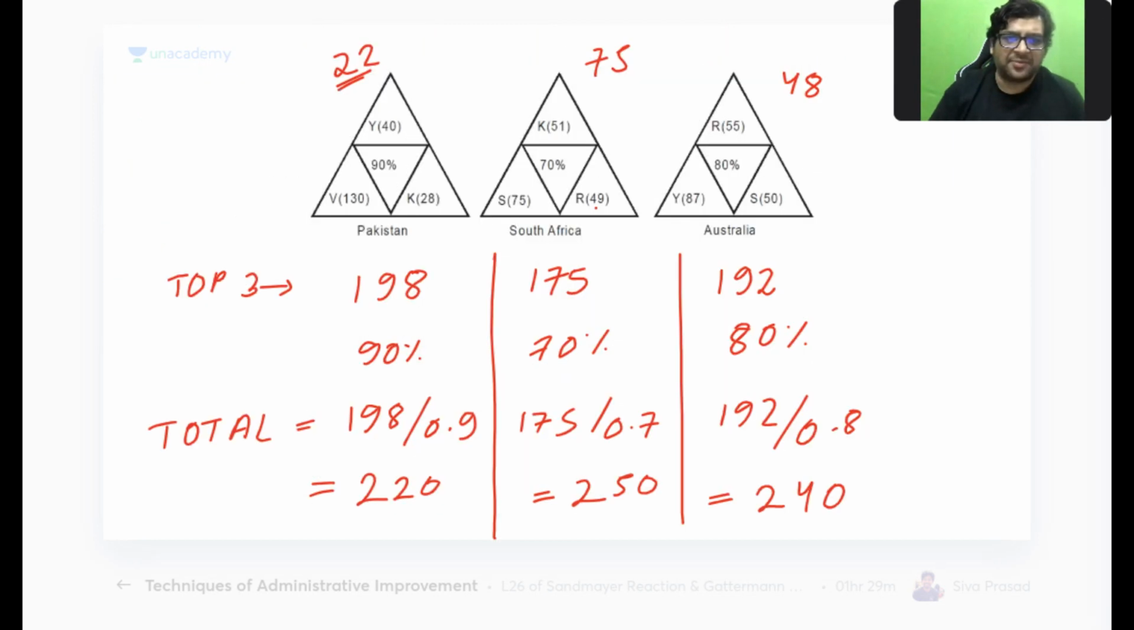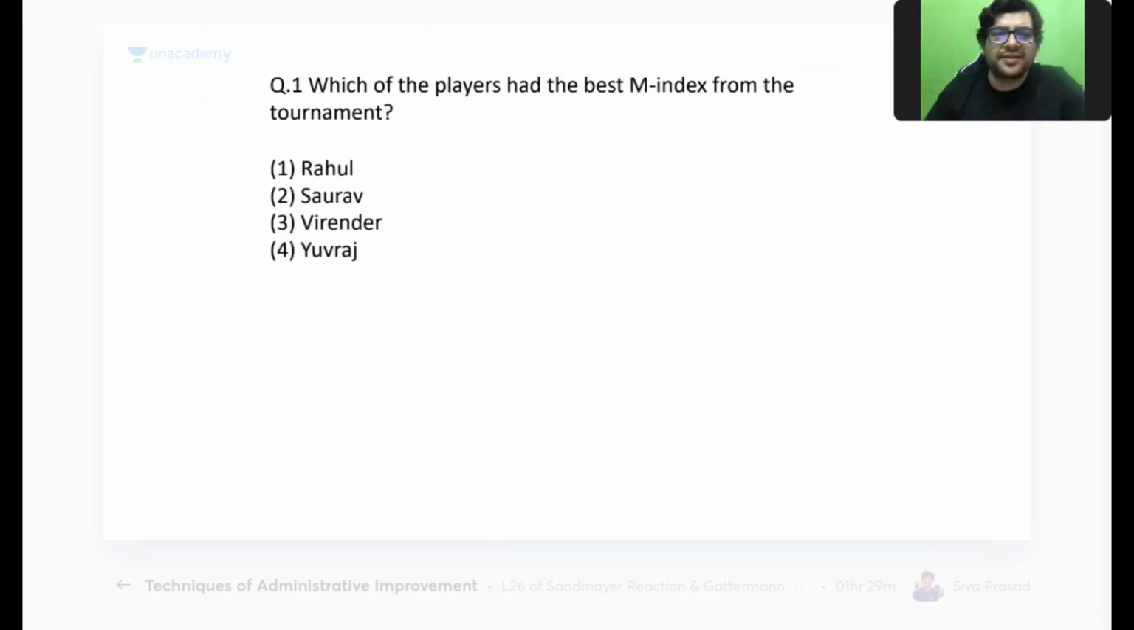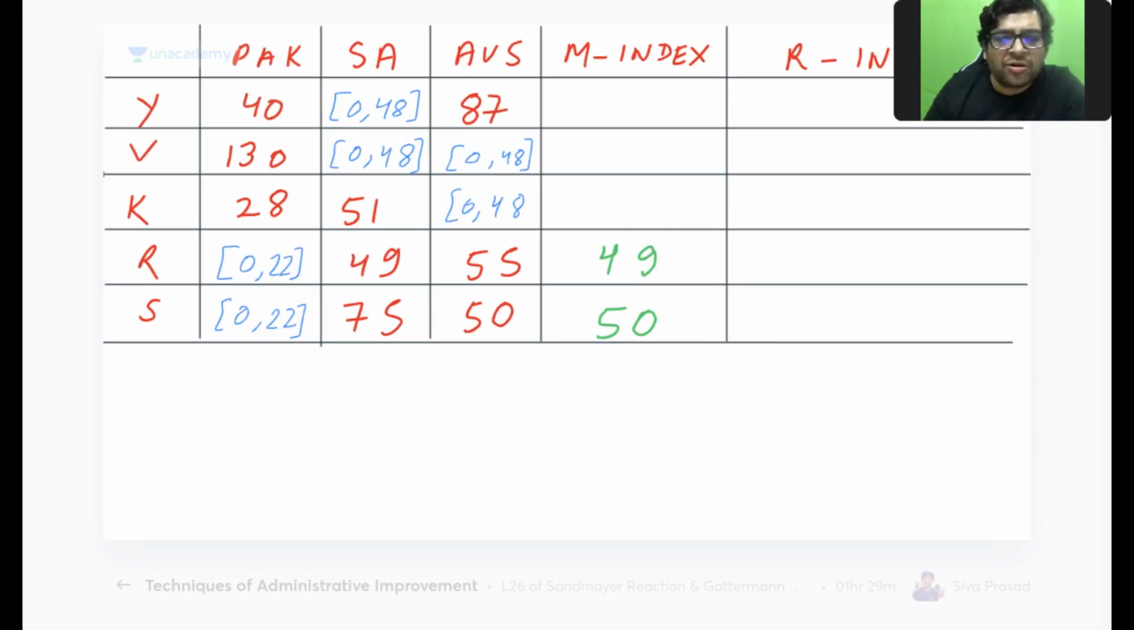Are you guys okay with the tables that I have obtained? Okay, good to see that. So if you are okay with the tables that I have obtained, now all you need to do is have a look at the questions and we can solve it from there. Which of the players had the best M index from the tournament? Now, I know that the M index for Rahul is 49 and for Saurav it is 50,